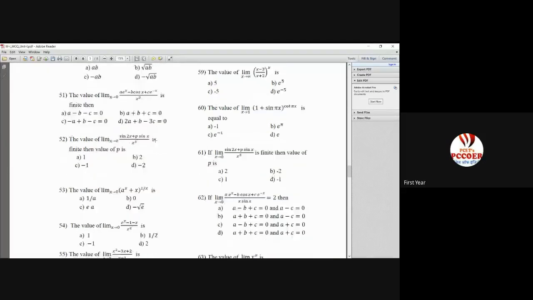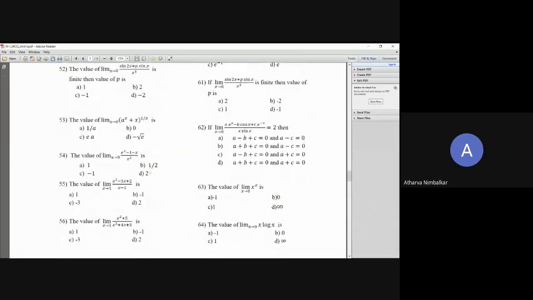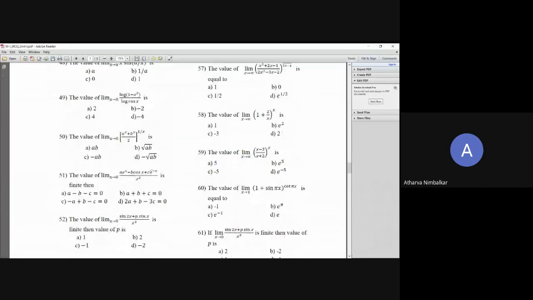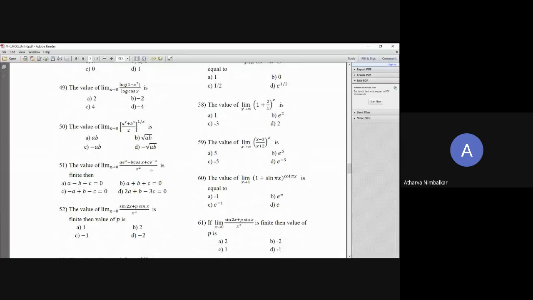Ma'am, we can do that question by arithmetic mean also. Arithmetic mean is greater than or equal to geometric mean. How will you use it? We take the arithmetic mean of a power x and b power x. It will be a power x plus b power x by 2. It will always be greater than or equal to the square root of a power x into b power x. Then you remove the powers because the 1 by x will cancel it out. Yes, fine. But then, because your limiting condition is there, fine. That way also you can take.